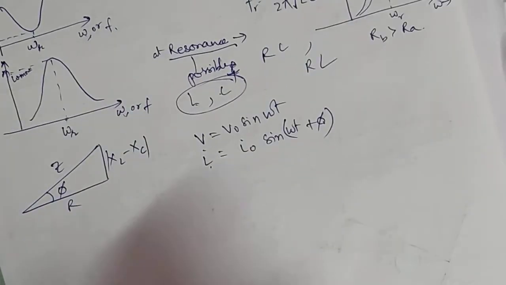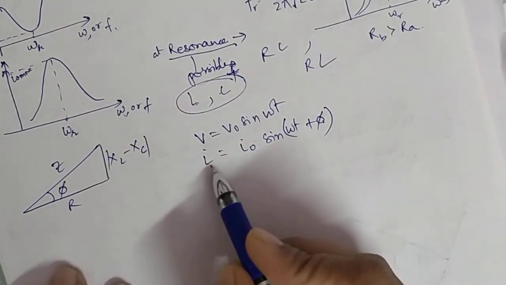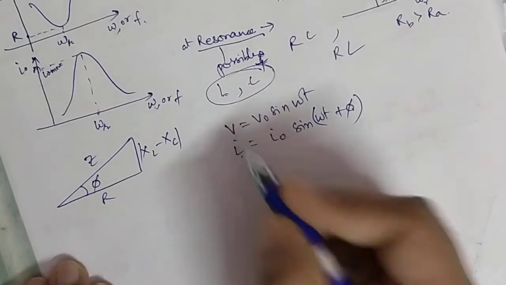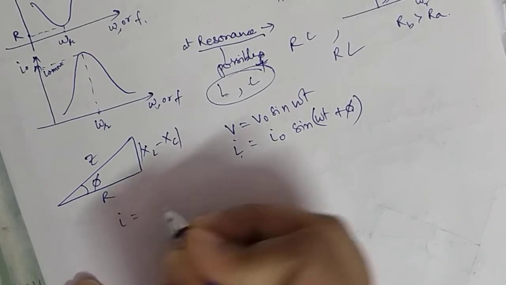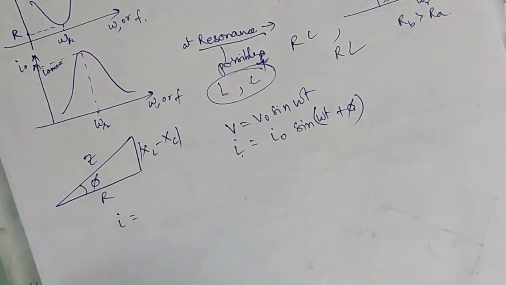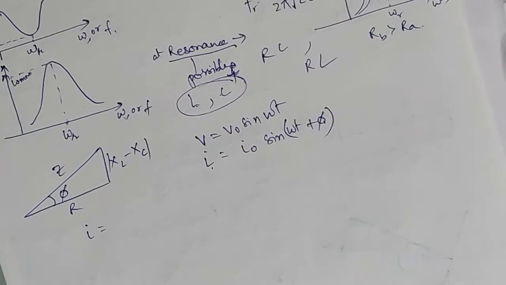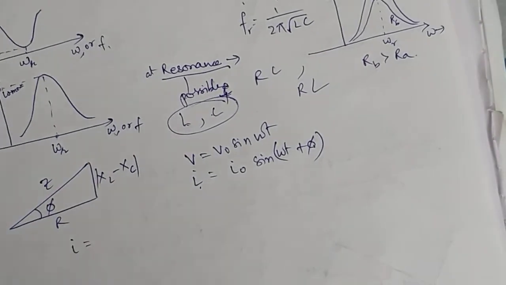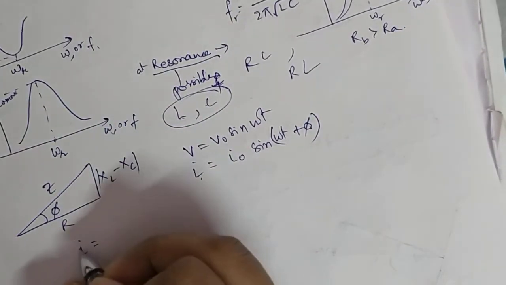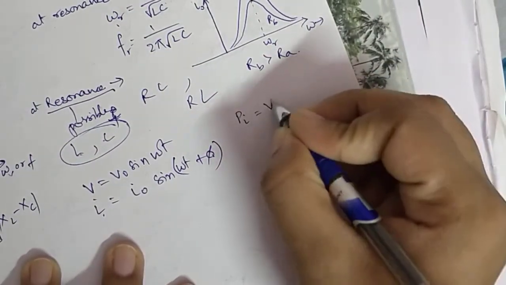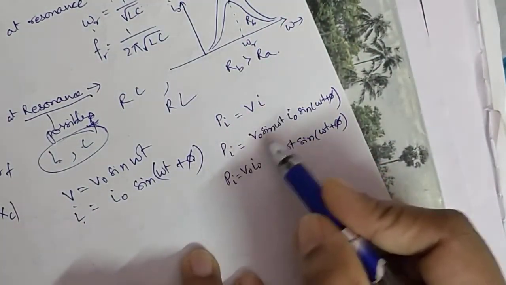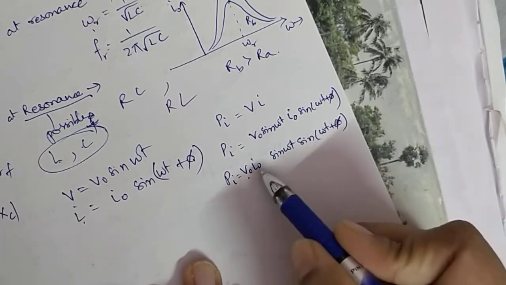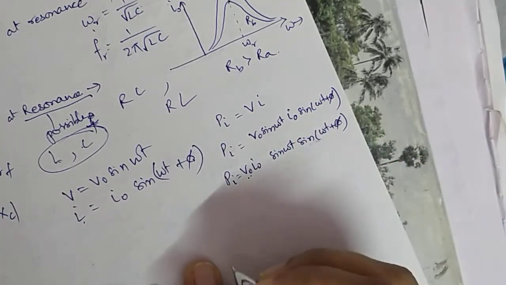Now if I have to find IRMS, then how will I find IRMS? IRMS is the amount of DC current which will give us the same power loss as given by one cycle of AC current. So first we need to find out the power loss. You know that for that I need instantaneous power, which is V into I. So instantaneous power is VI. I can just substitute these values. I'll write down V0, I0 and the remaining trigonometric functions here.